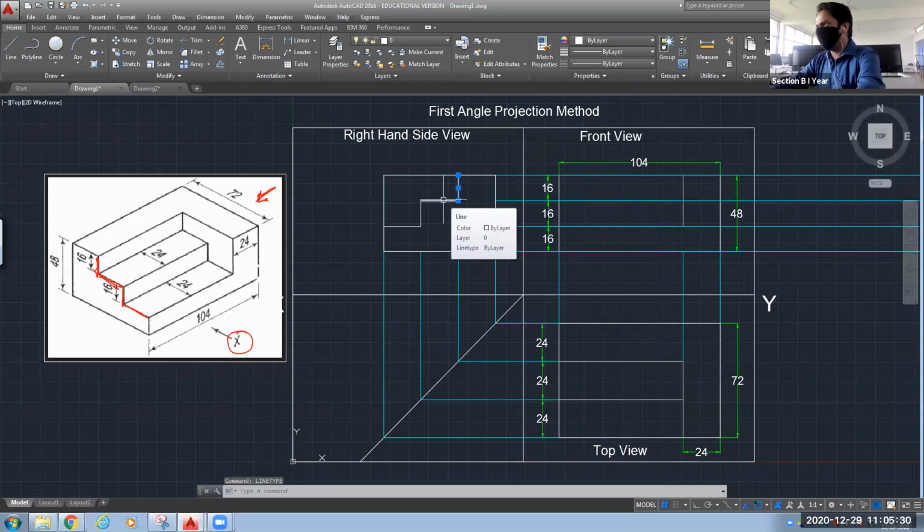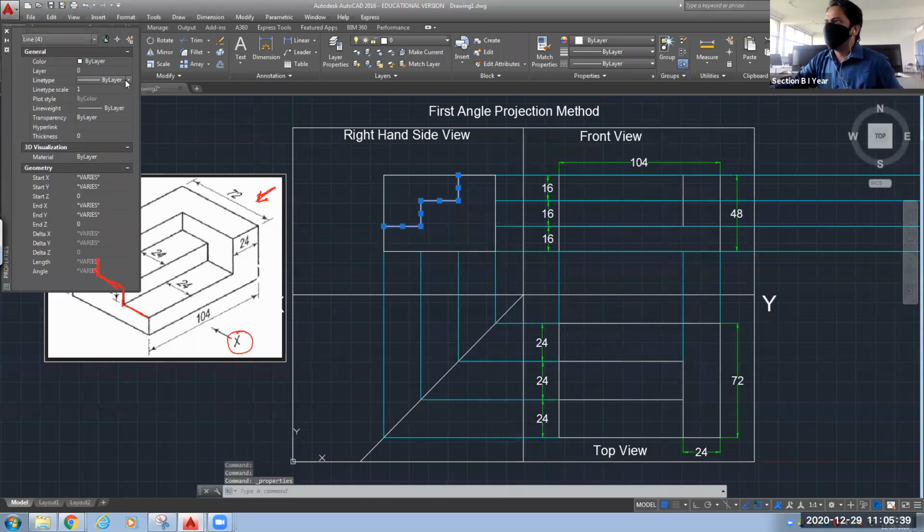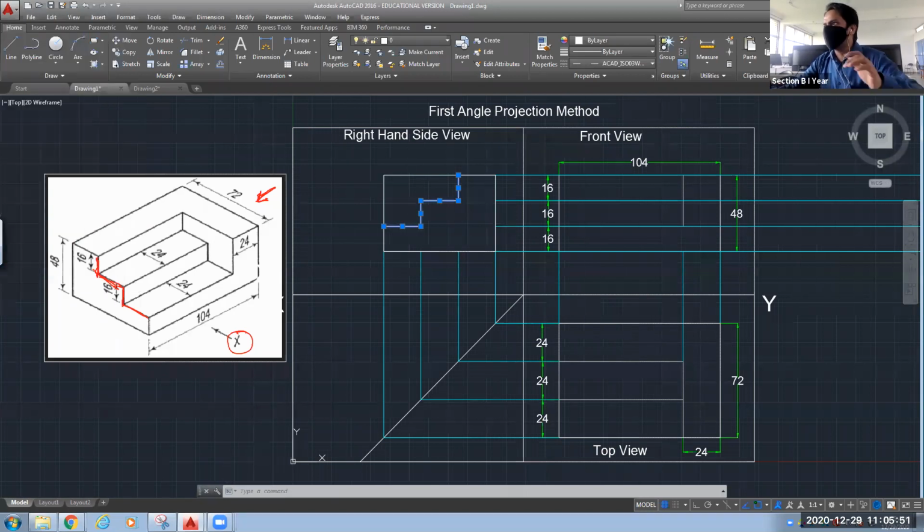Select all those lines by pressing the Shift key of your keyboard. Go to properties, line type, make it this one. Now this is not clearly visible. We need to increase the scale, make it 5, and let's see whether it is visible or not.